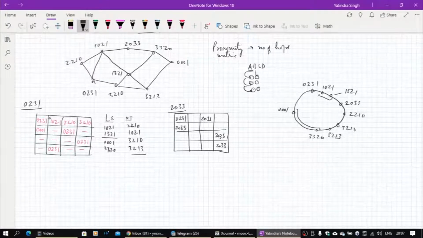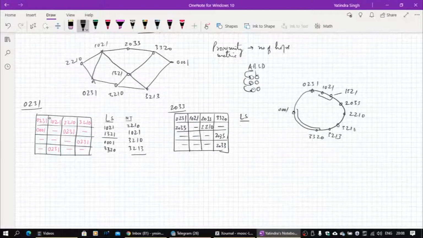Remember, from 2033 there are two entries which can go with 0, but both are 2 hops away, so I can pick up any one of them. So this is pretty fast, and of course the leaf set you can actually figure out from here.